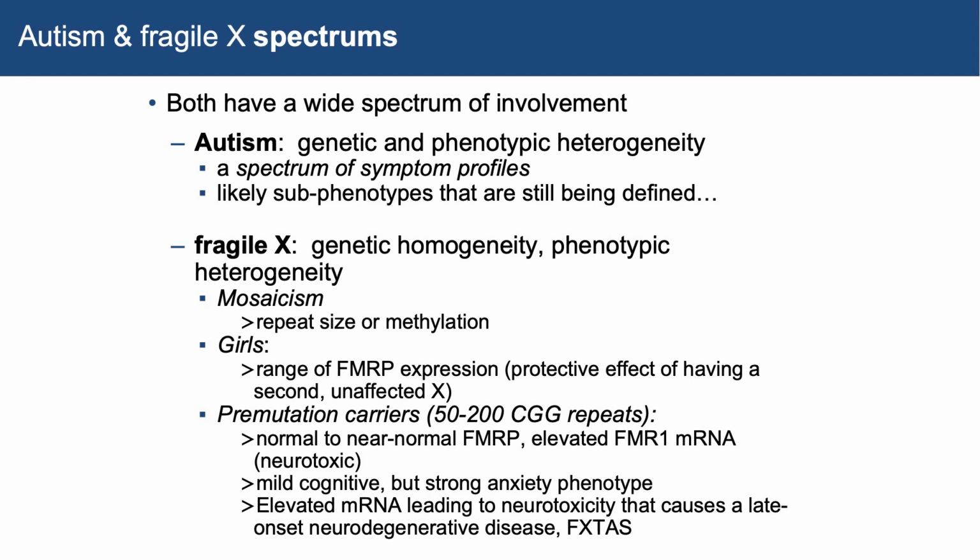But at that time, it was still a real heretical idea, right? It was like, if you're a carrier, your only issue is that you might pass the gene on to your offspring in an expanded form, and they might have Fragile X syndrome. But for Rondi's very keen observation and lots of work that I then joined when I came to UC Davis,